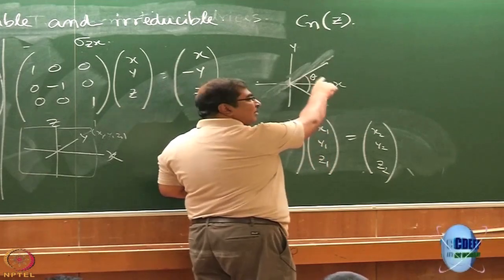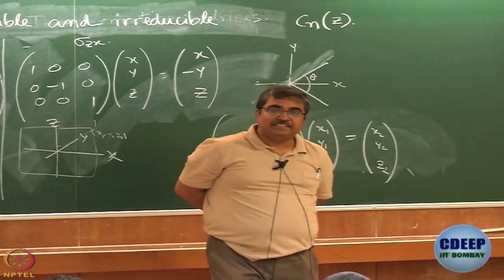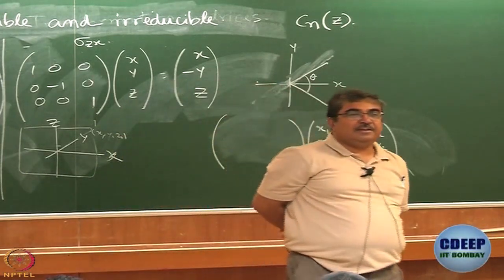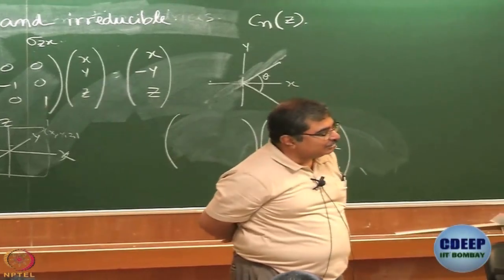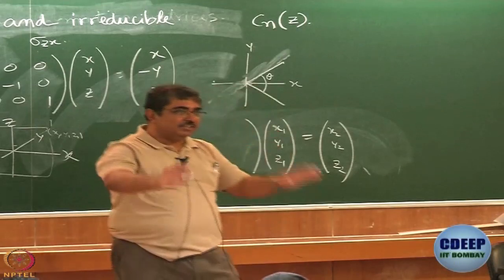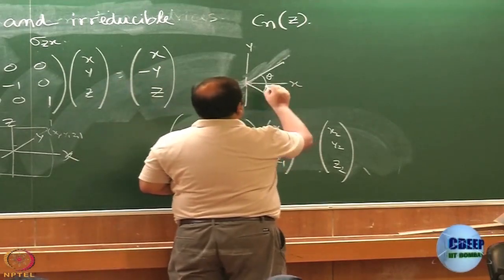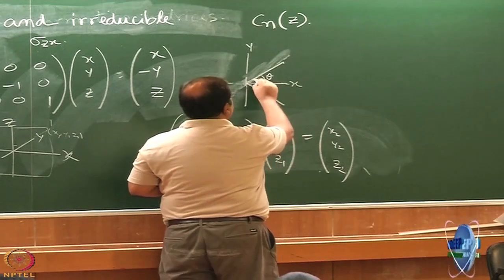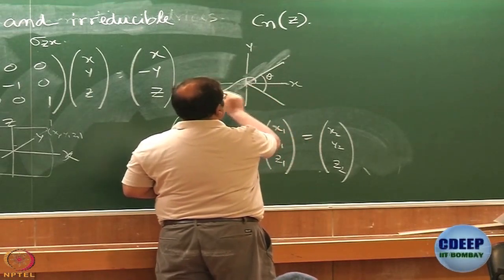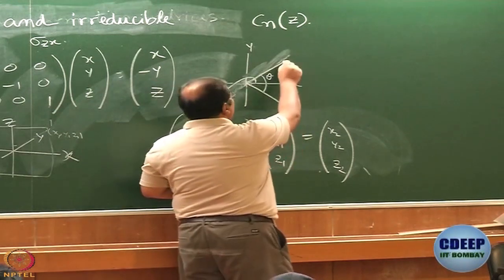Let us say we are rotating by an angle theta. What is theta then? This is Cn axis and rotation is theta. So, theta is 360 degrees by n. So, theta is not just any angle. Now, also let us say that this angle is alpha. In that case, what is x1?